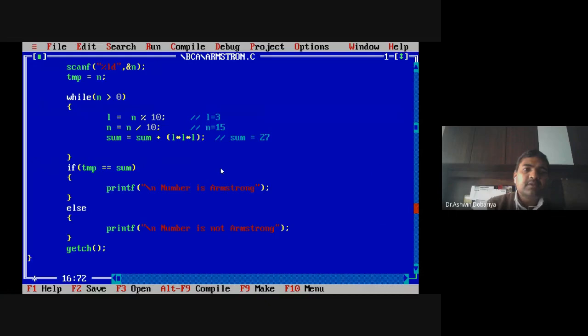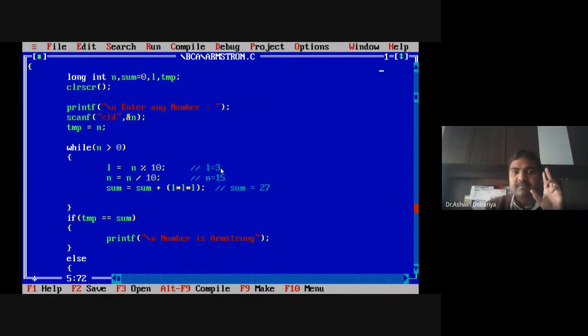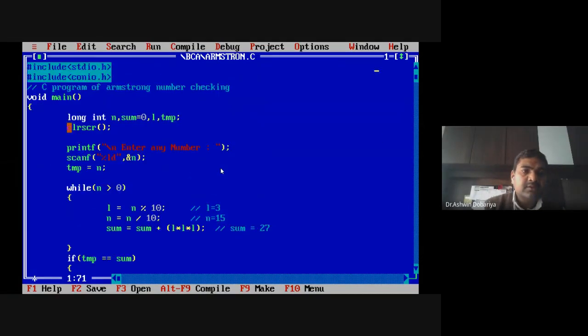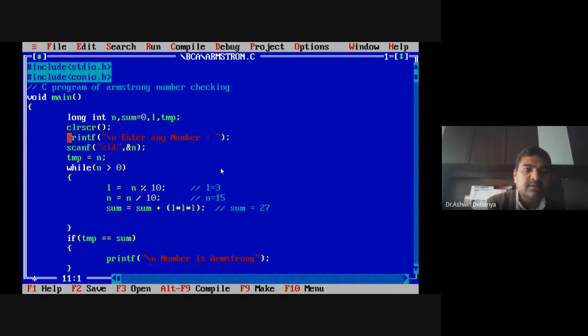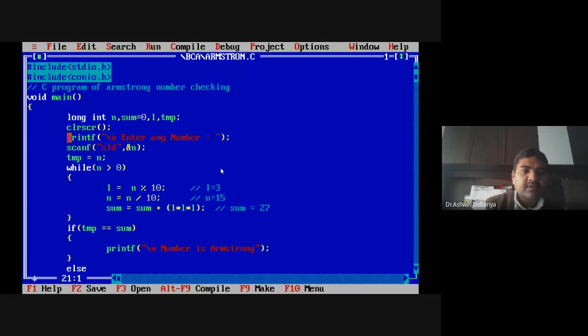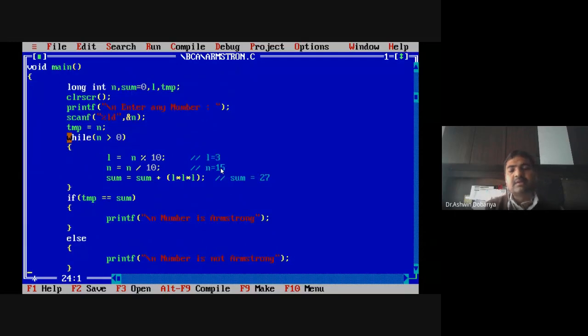I'm taking only small values for better understanding. Even this program becomes general. So all of you take a screenshot now. Just a minute, I'll remove the space. Okay, you take a screenshot of this.